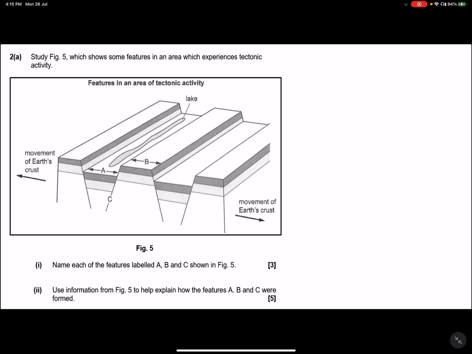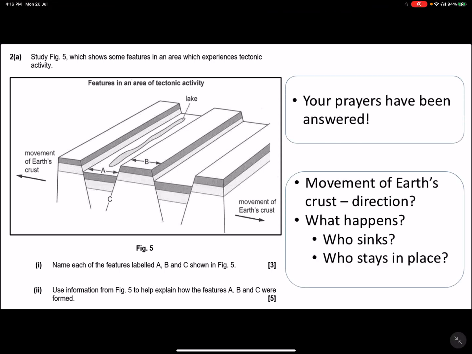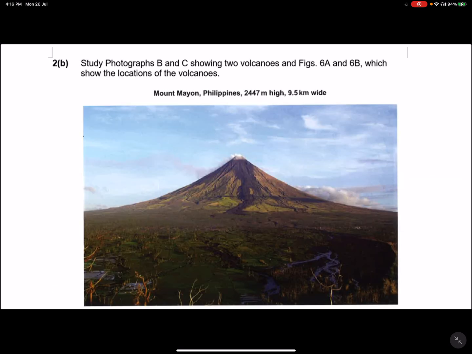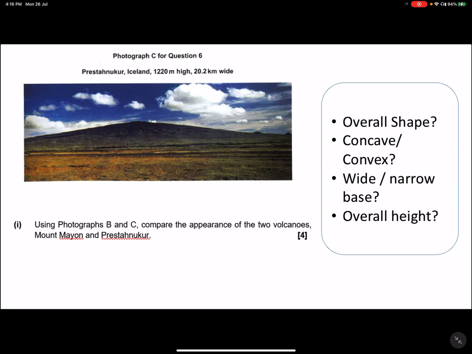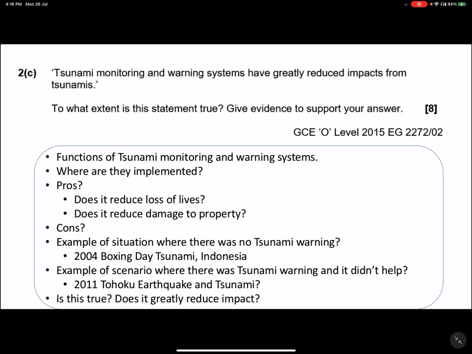Okay, some more things that look a little familiar to you, your Block Mountain Rift Valley formation. So not very common nowadays for such simple questions, okay, labeling questions. But in a very lucky year, you may have a chance to see questions like this. Okay? Yeah, right. So if you do see this, let me know your prayers have been answered. Right? So stimulus, very, very common. You then tend to get stimulus questions for this area here. Okay, different type of stimulus. It can be maps, it can be photographs that we saw earlier. Right? Now,